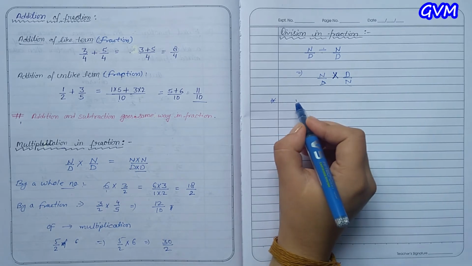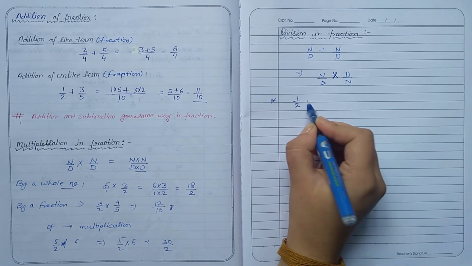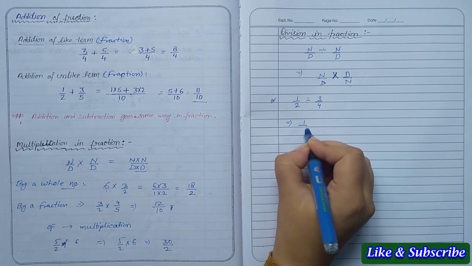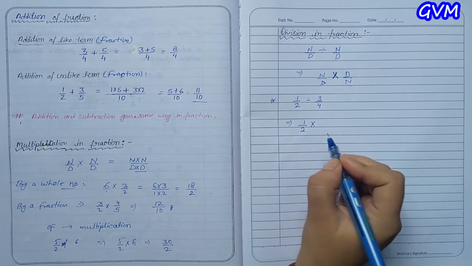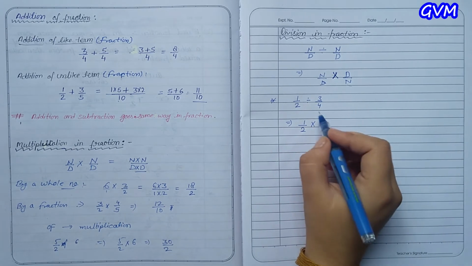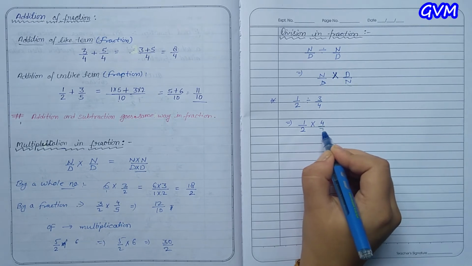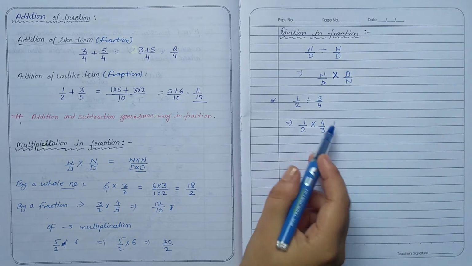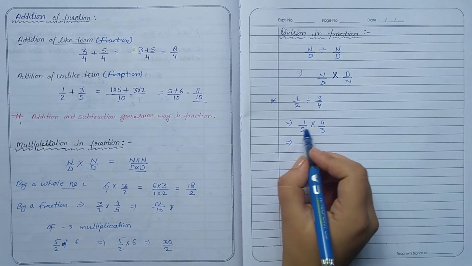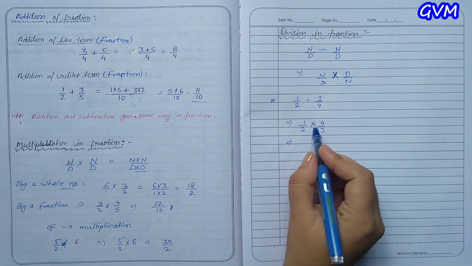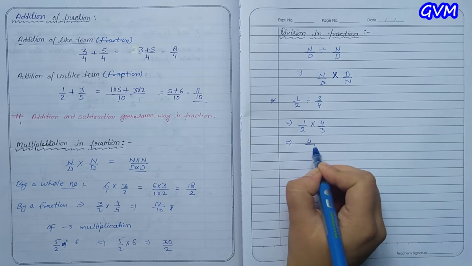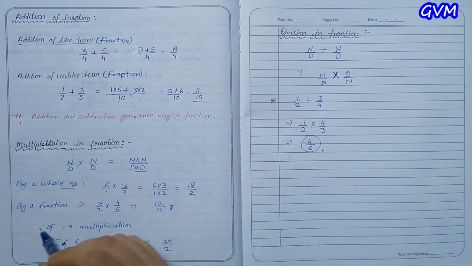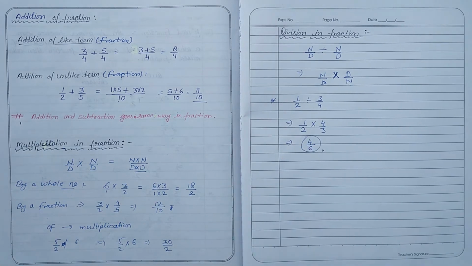If we divide 1 upon 2 by 3 upon 4, so what will we do? We will write 1 upon 2 as it is, put a multiply sign, and then 3 upon 4 का रेसिप्रोकल हमारे पास आ जाएगा 4 upon 3. रेसिप्रोकल का मतलब है जस्ट ऑपोजिट, यानी कि उल्टा. ओके, नाउ multiply this as we were doing before, that is 1 into 4 is 4 and 2 into 3 is 6. Okay, so this is our product or answer when we divide in fractions.